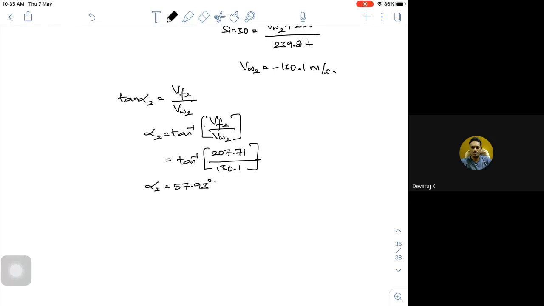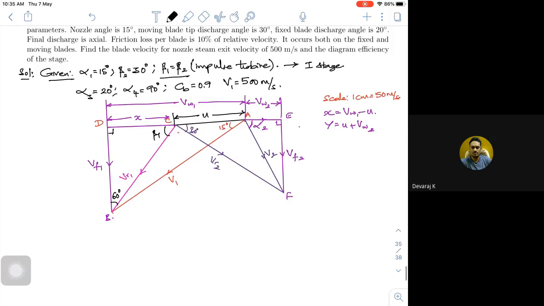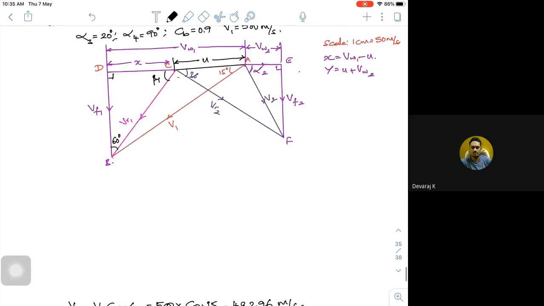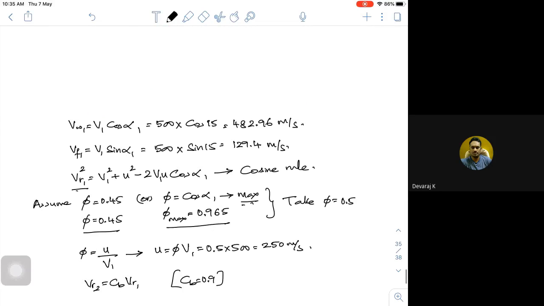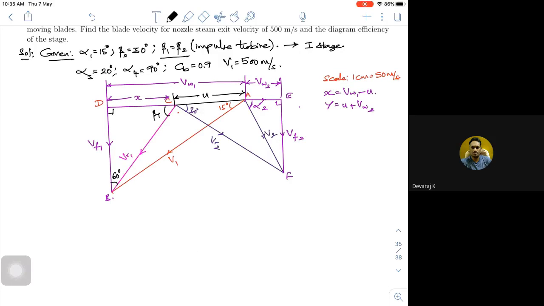Okay, this is how you people are supposed to calculate some of the points, if it is an open-ended kind of problem where nothing is given, U is not given and all. So this is how you have to proceed, based on your phi assumption, or you can take a value, or you can draw it. With 60 degrees, you can get that. That's why I prefer you people should be aware of both the graphical method as well as this. Now this is your first stage, your first rotor. So we write only for the rotor.